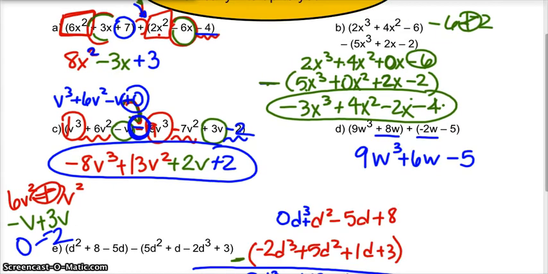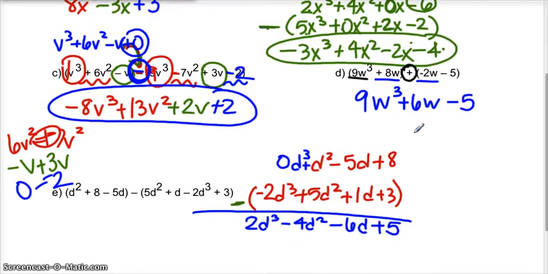How'd you do on letter D? This problem was addition, so it should have been the easier of the two. I had nothing to combine the w to the third with, so it was just 9w to the third. 8w plus negative 2w gave me a 6w, and I had nothing added to a negative 5, which gave me negative 5. Letter E was a little bit harder, so what I tried to do was stack it up vertically so that you can see it,